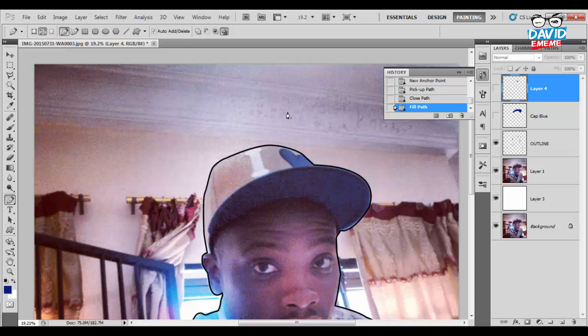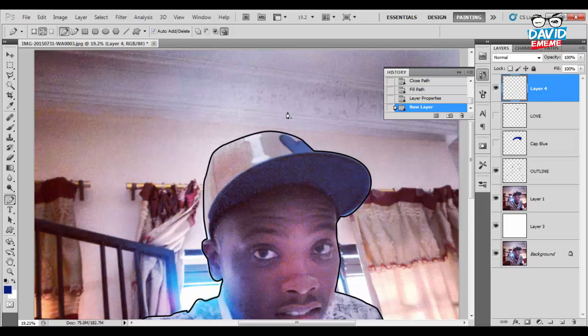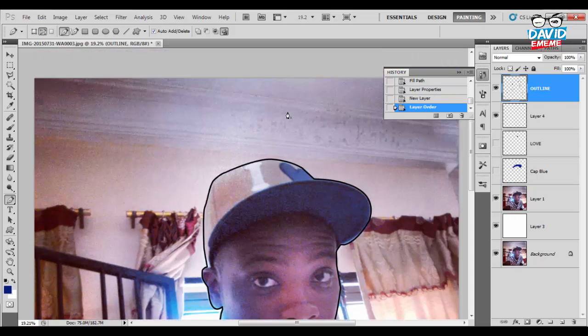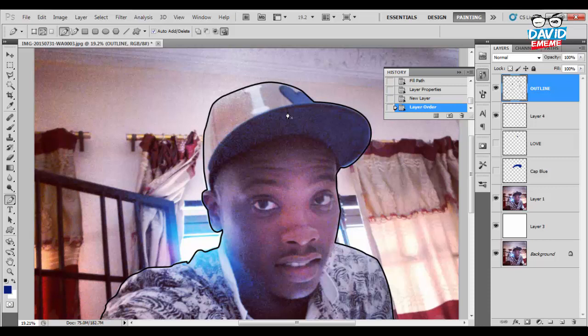Let me make another layer. Let me call this layer. Please always rename your layers, if not you get confused along the way. Let me create another new layer. I'm actually going to be grouping all this together. Take your outline to the top, let it be first, and I'm grouping this so that it will explain more about what you're going to be doing. Let me call this cap white,